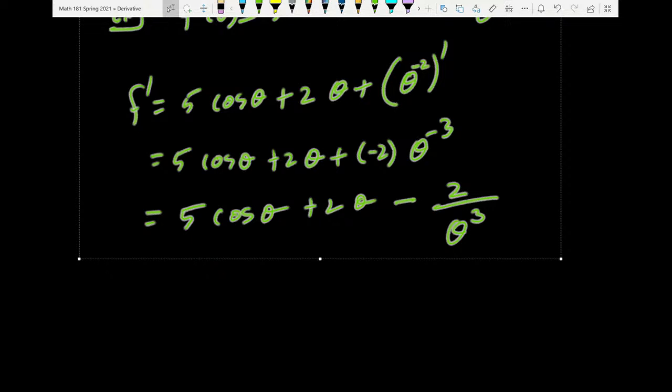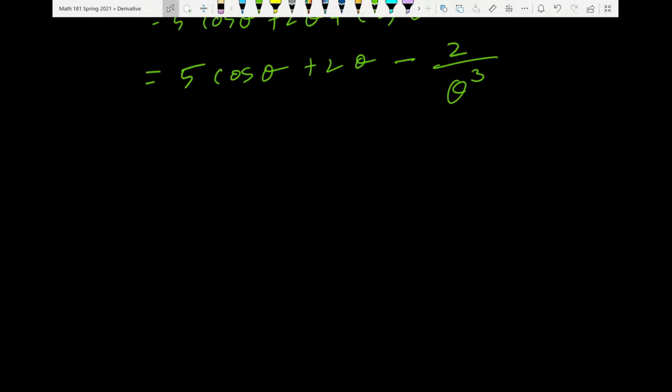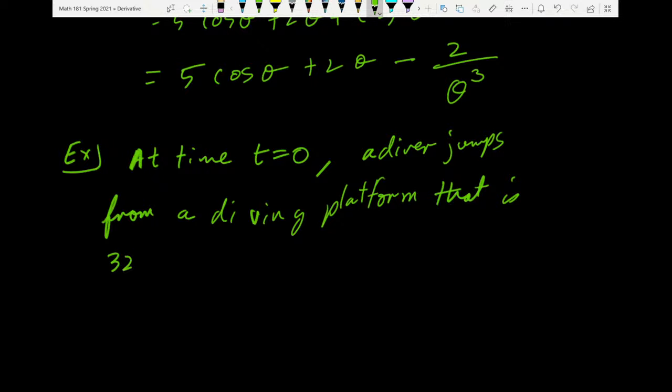So let's do a word problem. At time t equals 0, a diver jumps from a diving platform that is 32 feet